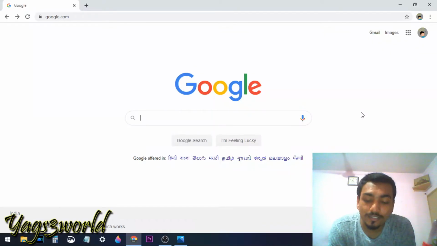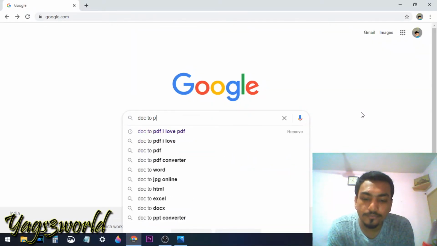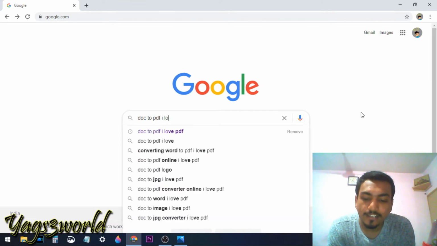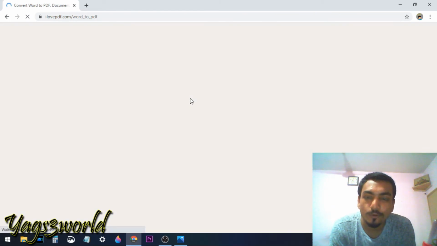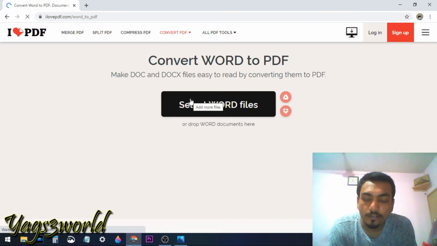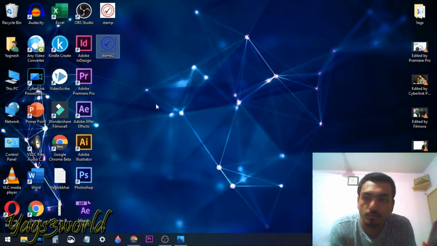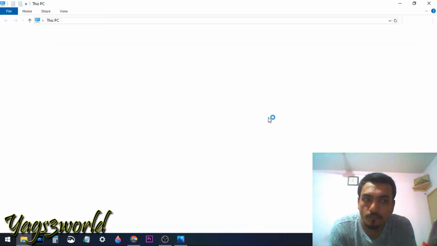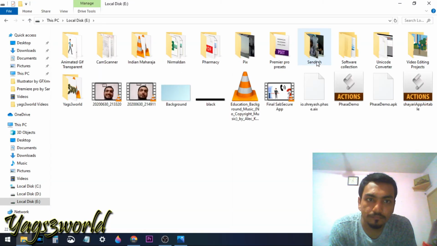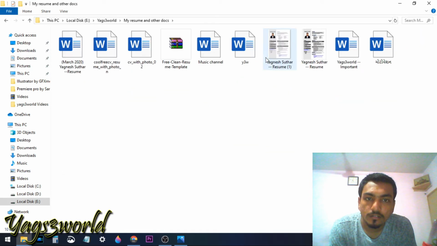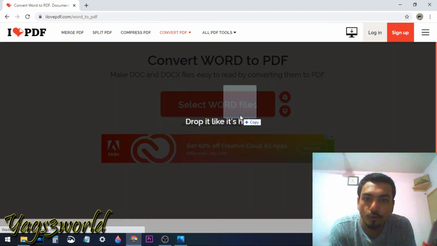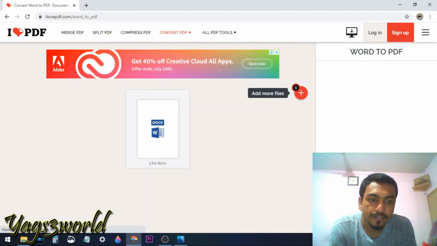You just need to open Google and write doc to PDF and then I love PDF and click on the first website where you just have to drag and drop your document file. For example, suppose here is my document file. I'm having this document file and I'm going to drag and drop here on this website and click on convert